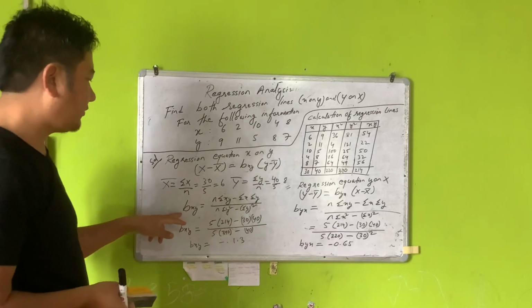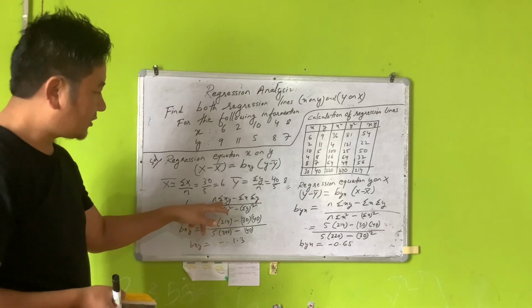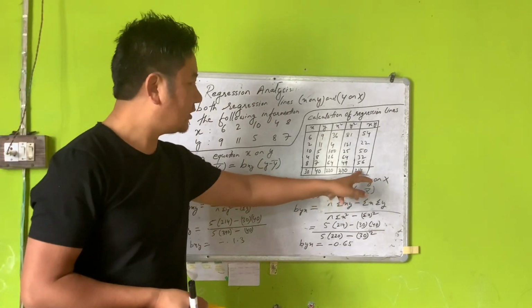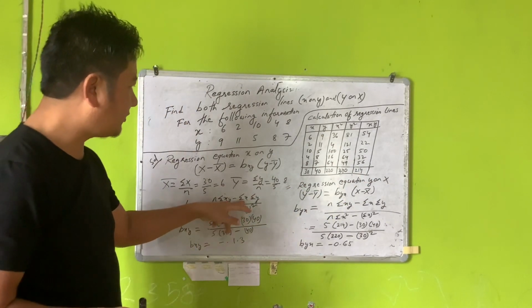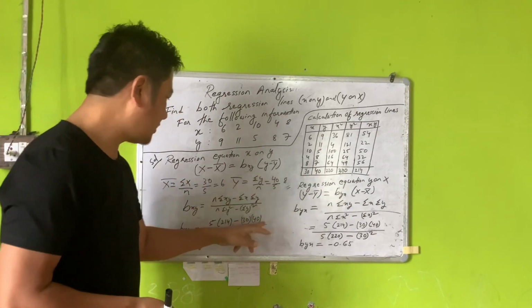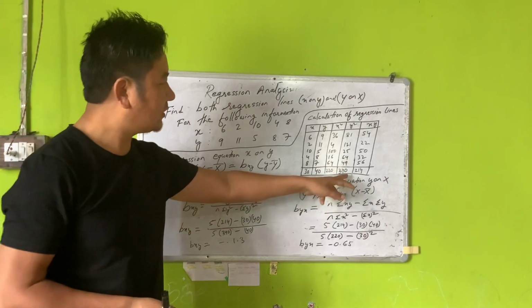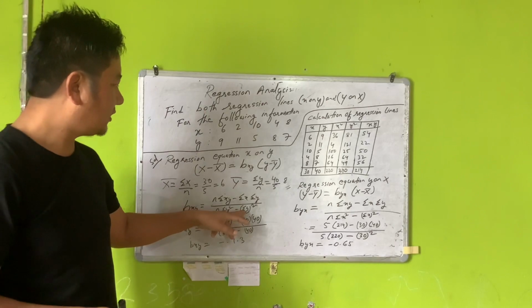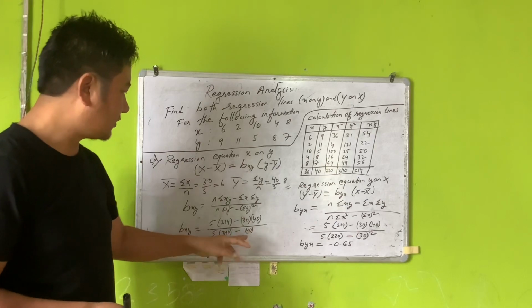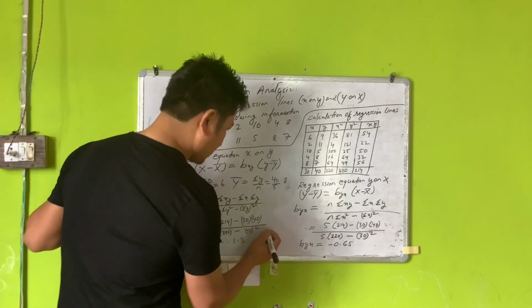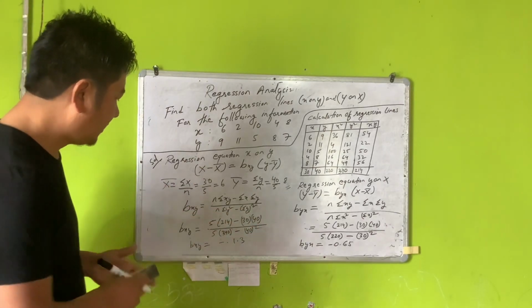Now you can easily find out bxy. bxy is equal to n, which is 5. Summation of xy is equal to 214. So in the bracket we have written 214 minus summation of x, which is 30, times summation of y, which is 40, divided by n, which is 5. Summation of y square is 340, minus summation of y whole square, summation of y is 40, whole square. So when you get all these things, it will be simply